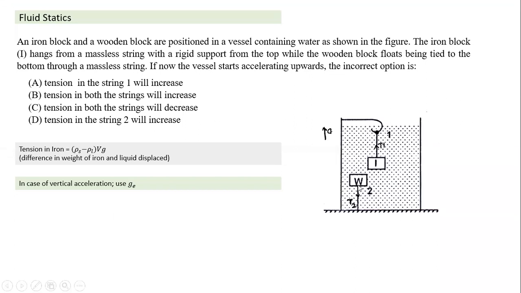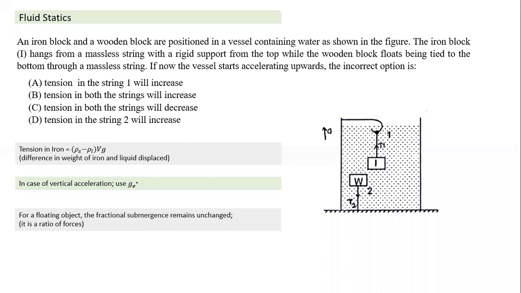And here, what is the tension here? In a similar way I have calculated it for the floating object also. For this also the tension will increase. What is the tension T2 equal to? The net force is in the downward direction. What are the forces acting? T2 is acting, the force of buoyancy is acting, and its weight is acting. So what is T2 equal to? T2 is equal to the force of buoyancy minus the weight.